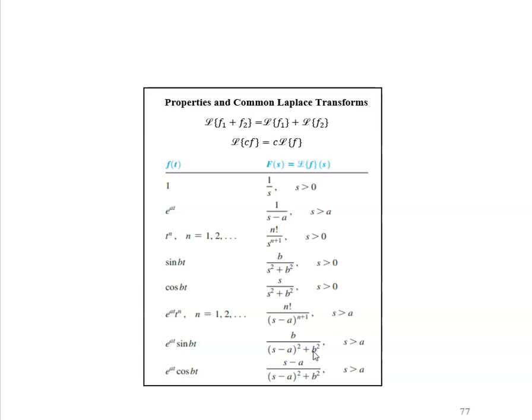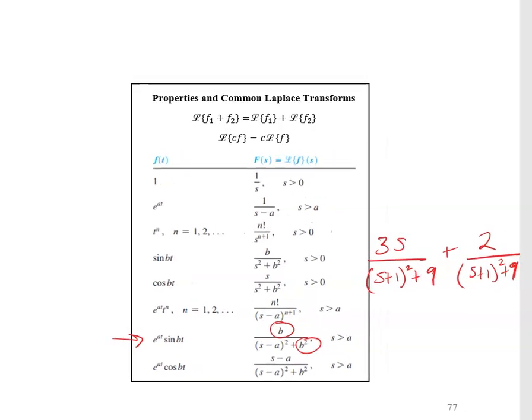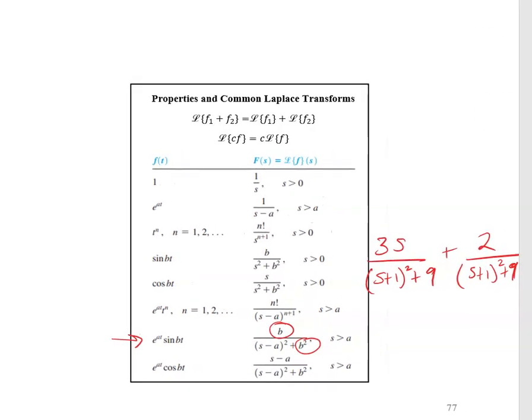Let me write that just to reiterate. Let me go back. Here's what I had. I had 3s over s plus 1 squared plus 9, plus 2 over s plus 1 squared plus 9. Okay, so let me reiterate what I'm talking about here. For the sine function, this number and this number need to be the same. So there's a constant there. So if I have a 9 here in the denominator,